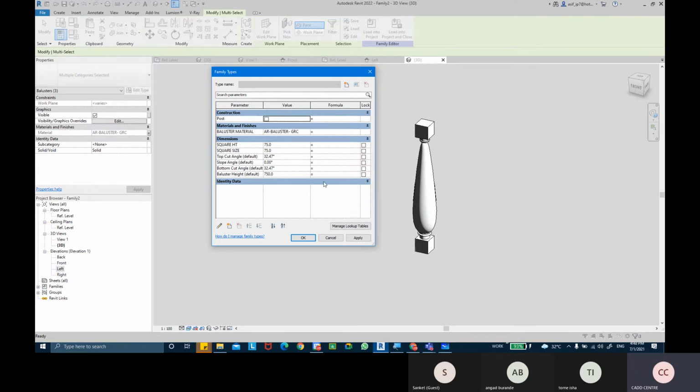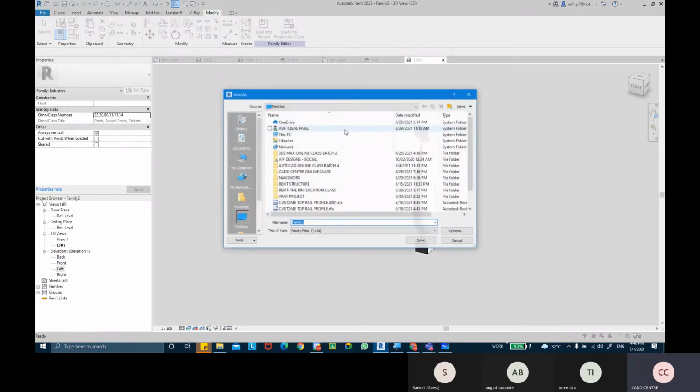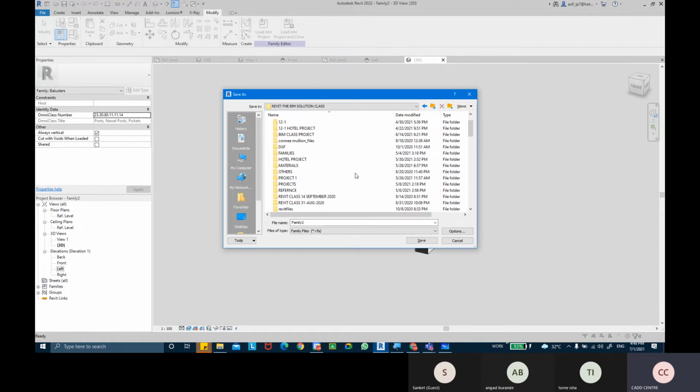So once the family is ready, you can now save this family. It will ask me where I want to save this family file. I'm going to save it on my desktop, in the folder I've created, the Revit BIM solution class folder.